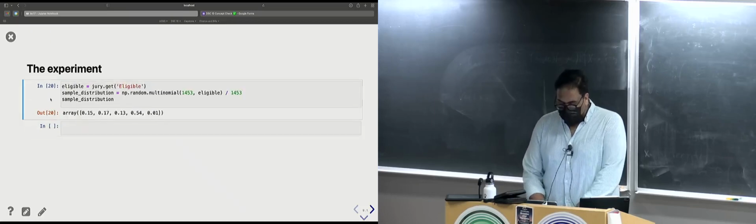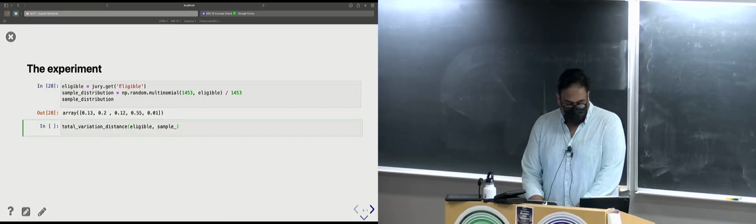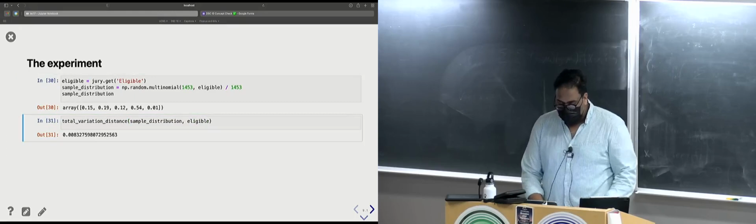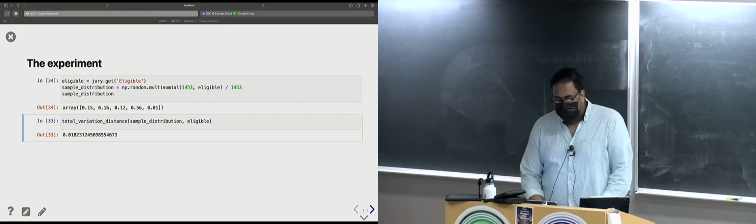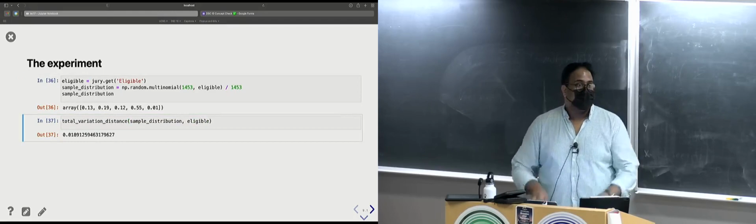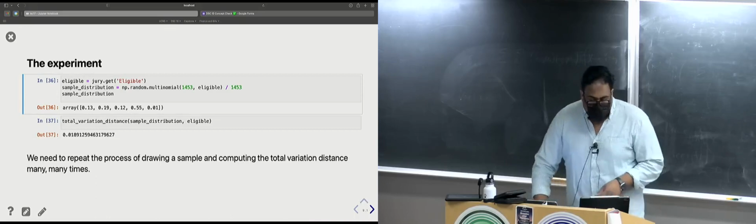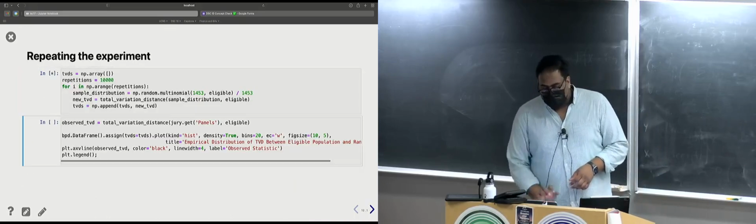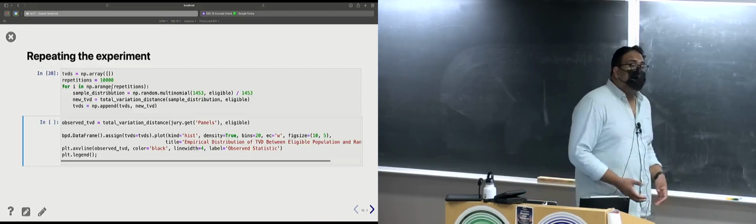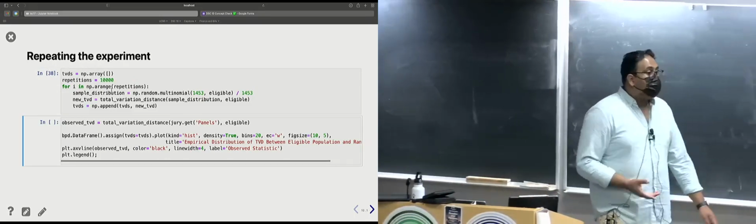Okay? So every time I run this cell, I'll get a new distribution, and you can see it changes every time. And each time, I'll compute the total variation distance between my eligible population and my sample's distribution. Not that it matters, but just to be consistent with the slide, I do it in this order. So new sample, new TVD. New sample, new TVD. New sample, new TVD. You sort of see where we're going with this, right? I need to run these two cells many, many, many times, and that's what a for loop is for. So now I'm going to draw 10,000 samples from the eligible population and compute 10,000